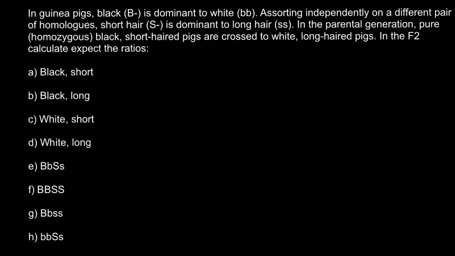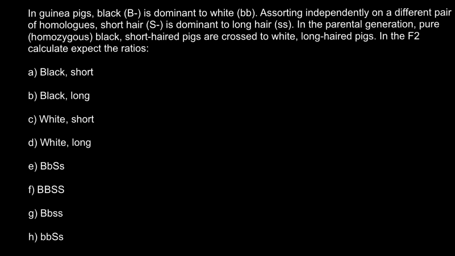Hi, this video is going to be about dihybrid cross, and today's problem is: a guinea pig's black color, that is capital B, is dominant to white, small b, or homozygous recessive, assorting independently on a different pair of homologous chromosomes. Short hair, that is dominant and it is capital S, and it's dominant to long hair, that is homozygous recessive, small